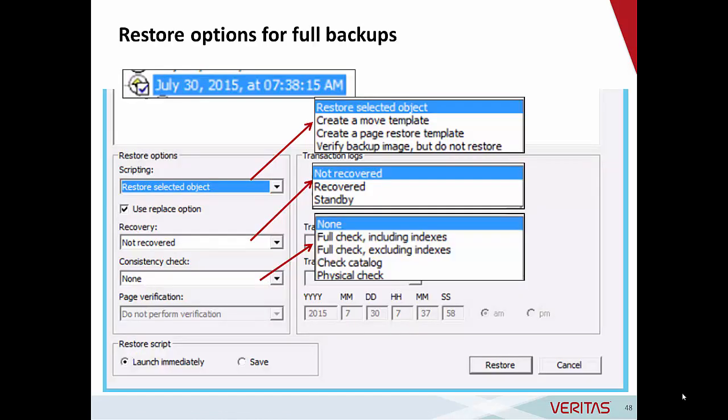Here's a closer look at some of the restore options for full backups. So you notice under the scripting section, I can choose to restore an object or to create a template for later use. In particular, I can create a move template here, which is used to move a database from one host to another. That's a commonly requested service that oftentimes people will put in tickets for the backup team to